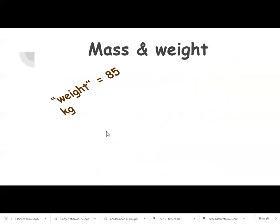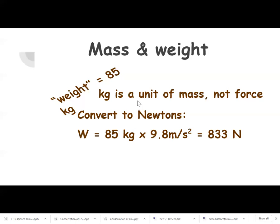So, lucky last slide, I think. Mass and weight. So the kilogram is not a unit of force, it's a unit of mass. So it measures how much stuff. When you are standing on the scales, they have a spring. And it's not how much of you is pushing down into the ground that is weighed, it's how much force is pushing back up. So we know if we have 85 kilos,